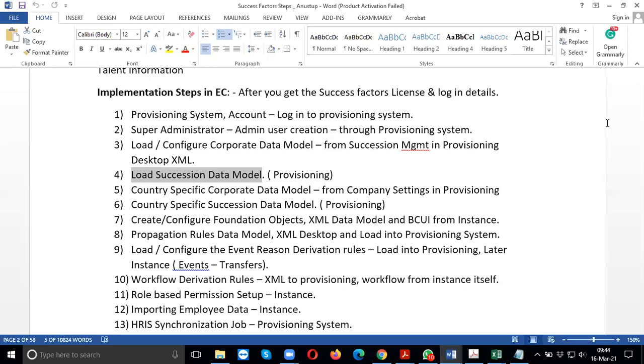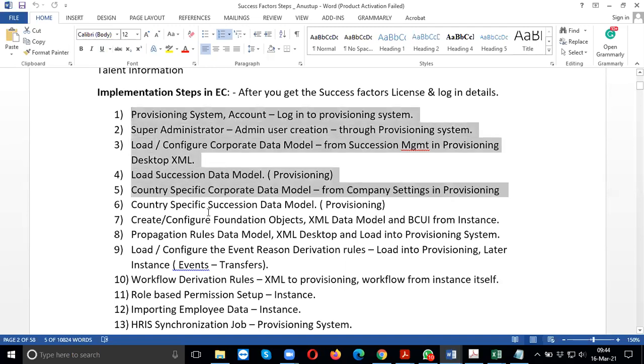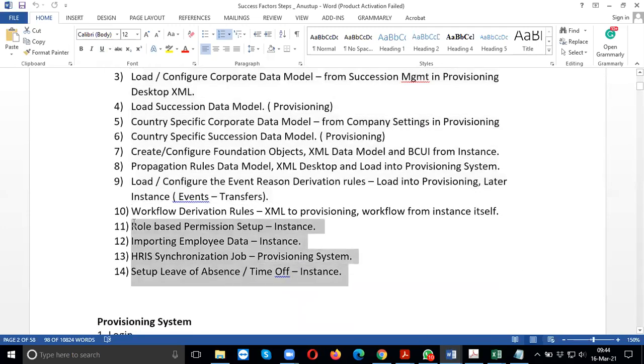Steps 1 to 9 are important, right? Yeah, these steps you will have to do. Now 10 to 14 depends upon the scenario. So either you can do the 14th step before the 10th, or the 11th step before the 12th, that can work.